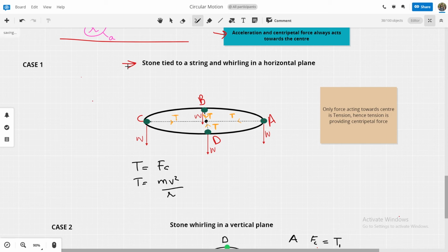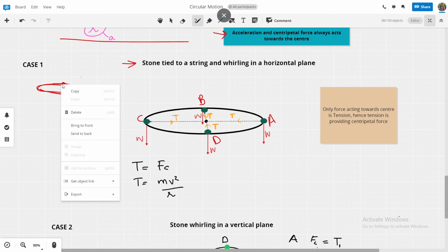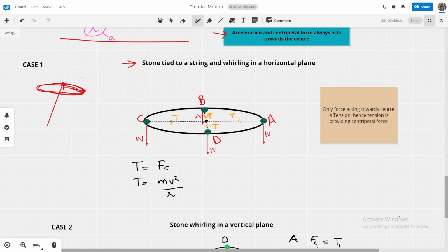It's a stone tied to a string and whirling in a horizontal plane. This is not a 3D diagram, so let me help you visualize a little. This is a stone being whirled and it is obviously tied to a string. So it's tied to a string, and then just imagine that the weight of the stone is acting downwards in